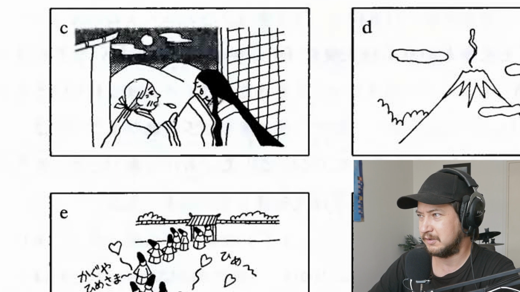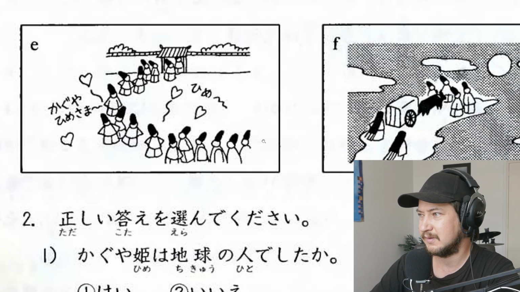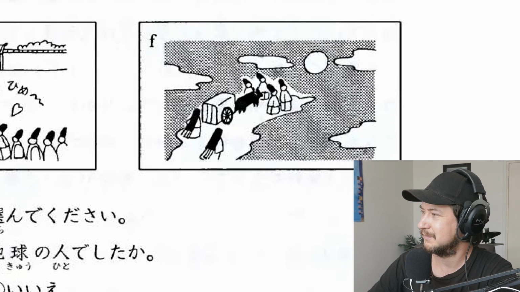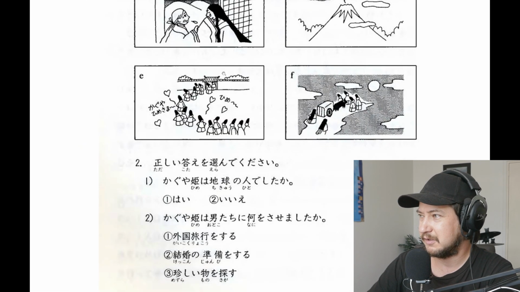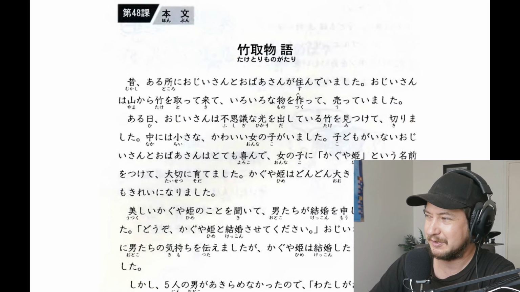Some old Japanese house and stuff. Two ladies crying or something. One of them is crying, one of them is shouting. And then something like Mount Fuji. People going somewhere. And then they travel with carriages and stuff. There you have it. So that's sort of a preview, because there will be a lot of boring text without